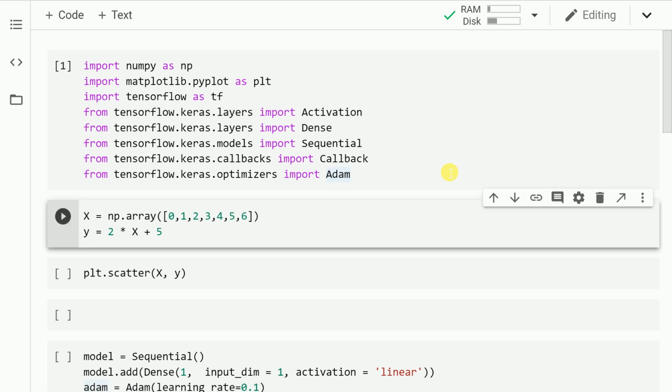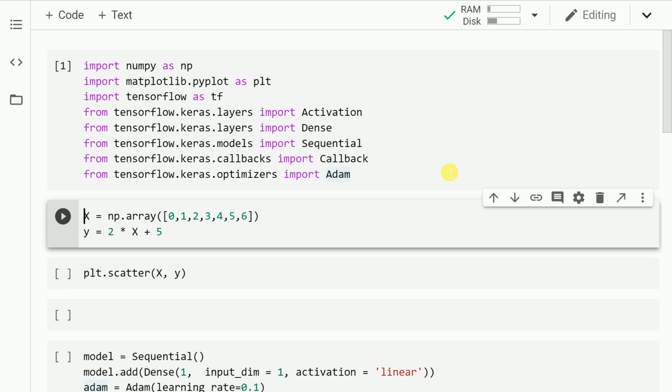Before we jump on to demonstrate the power of callbacks, let me first generate some data and show you what our input and output values are. So I have defined a variable called x which has numbers from 0 till 6. The next thing that I do is I define a variable called y, which is equal to 2 times the x value plus a value of 5. So essentially I want a regression task in place wherein my x values range between 0 to 6 and my y values range between 2 times x plus 5.